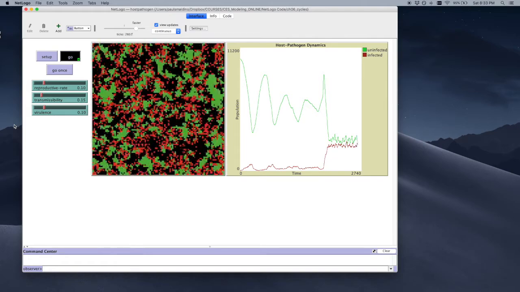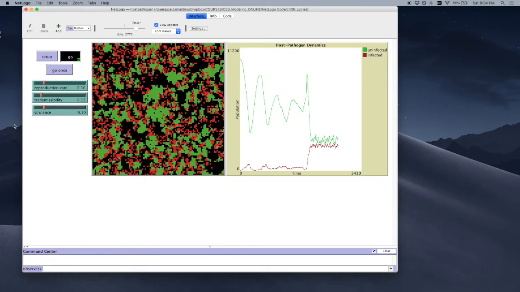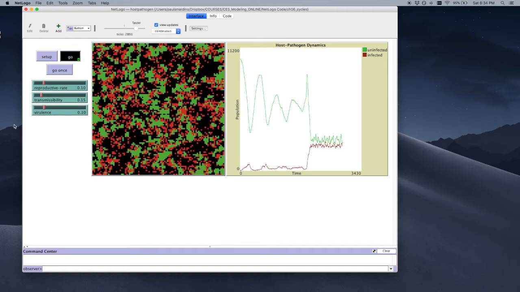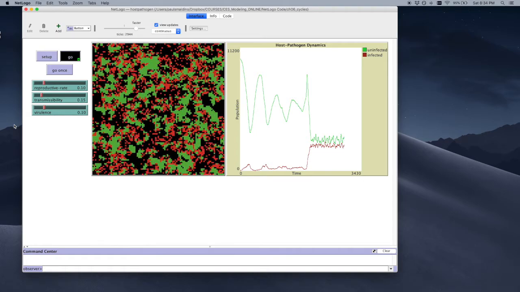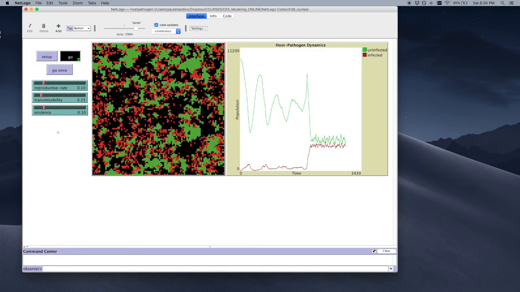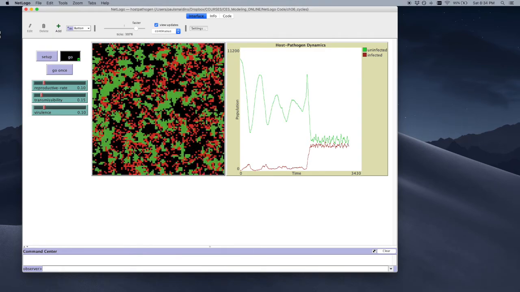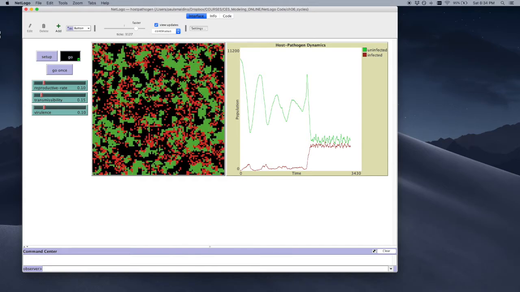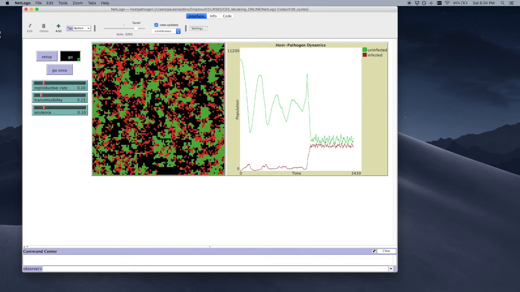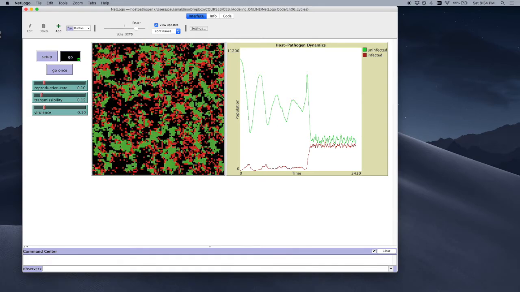So, sort of spatially, it shifts from what looks to me like an army of pathogens moving methodically over the landscape, and now it looks kind of like a fierce boil of life and death. And you can see on this graph here, the cycles are a lot quicker, and the average population of infected hosts goes up and uninfected hosts goes down. So the rate of infection has increased with higher host reproduction.